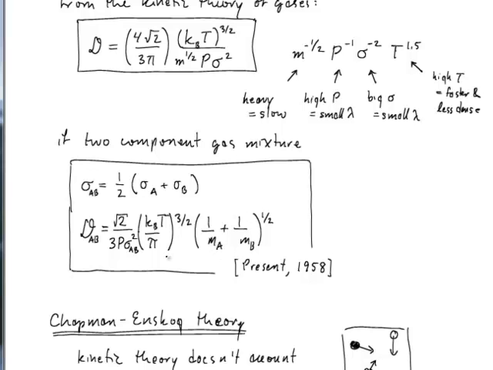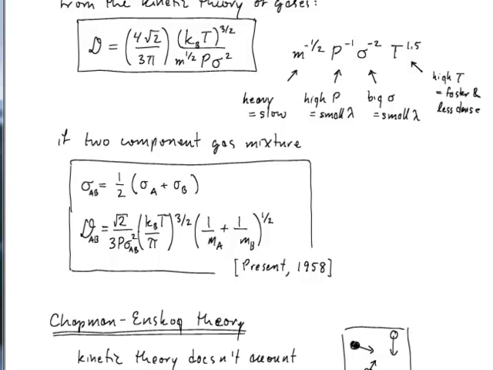And you also see that the temperature and the pressure dependence are exactly the same. There's a little bit of a change in the prefactor here. So this is the result if you have a two-component gas mixture. Again, the real value of this kinetic theory of gases is in predicting the scaling of the temperature dependence and the pressure dependence and size dependence and mass dependence. And all those things were really there in the single component gas. But you could use this to predict diffusivities, but it's not extremely accurate.